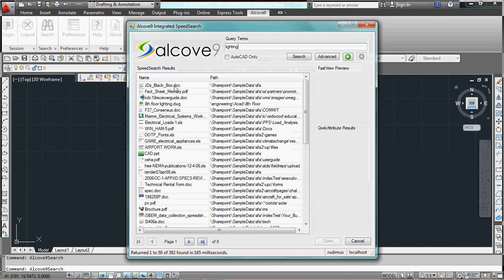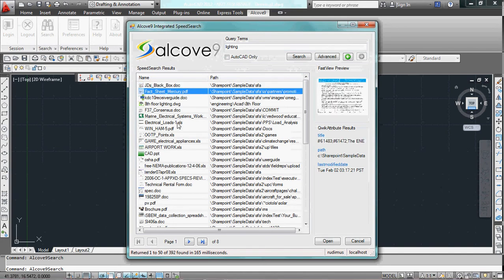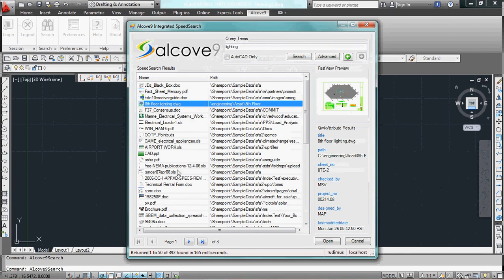So we come back with multiple file types. We get Word documents, PDF files, spreadsheets, as well as, of course, AutoCAD drawings. And if we look down here at the bottom, we get multiple pages of results, as well as about 392, almost 400 values. Now we'll discuss in a later video how to narrow down the search a little bit more quickly,